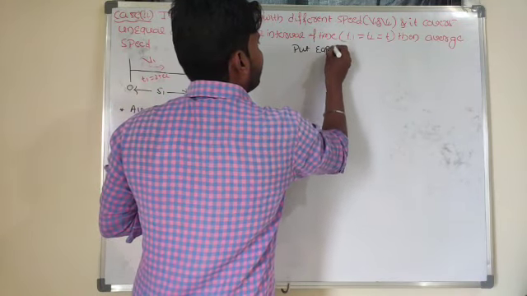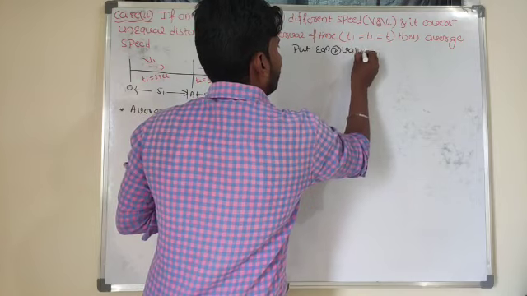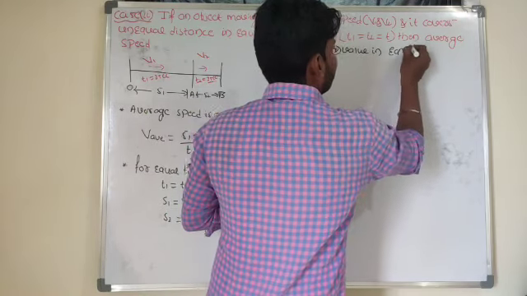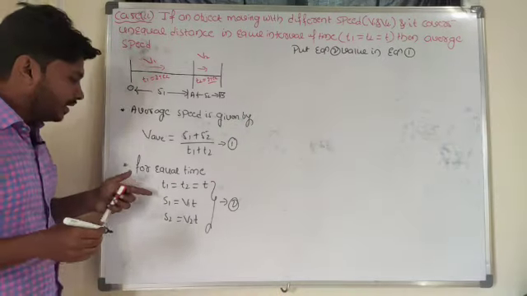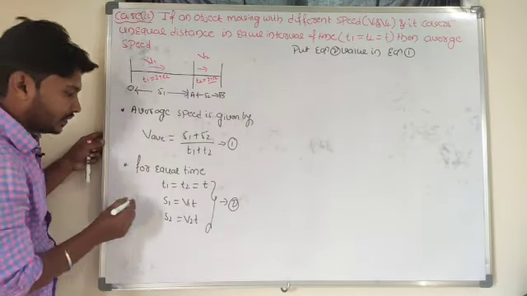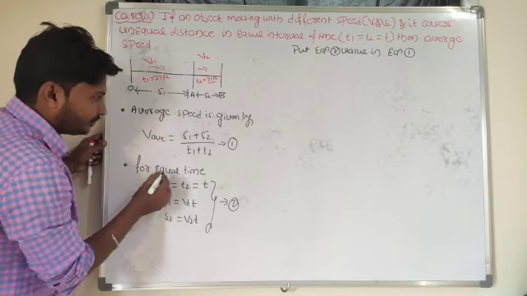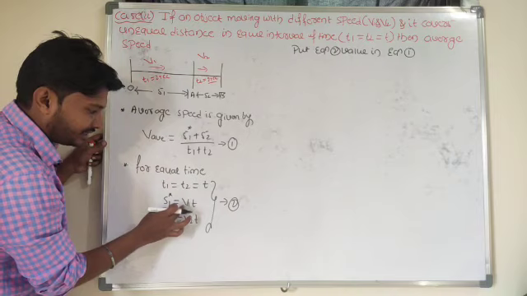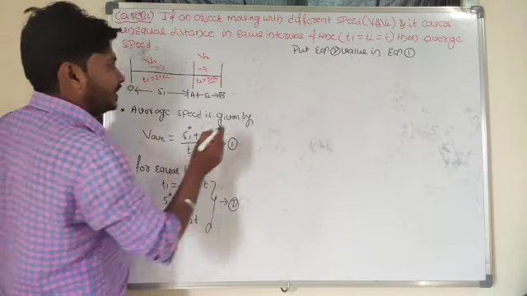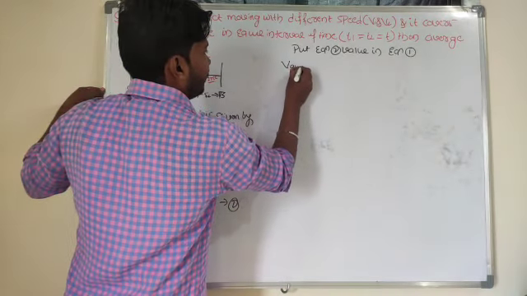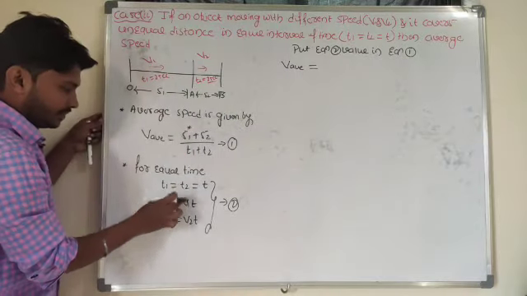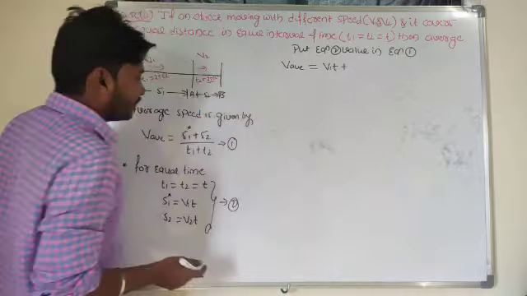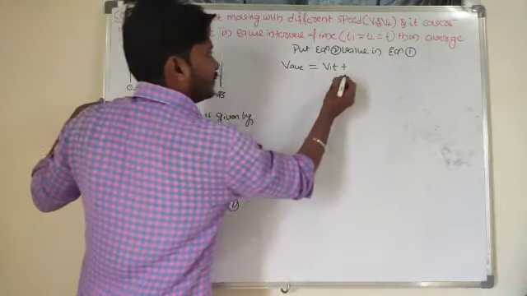Wherever S1 is there, I will take it as V1 into T. So V average is equal to, S1 means V1 into T, next, S2 means V2 into T